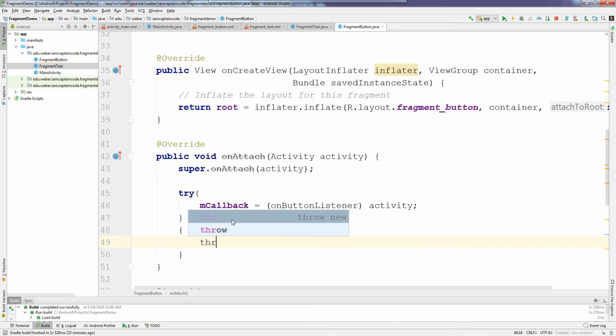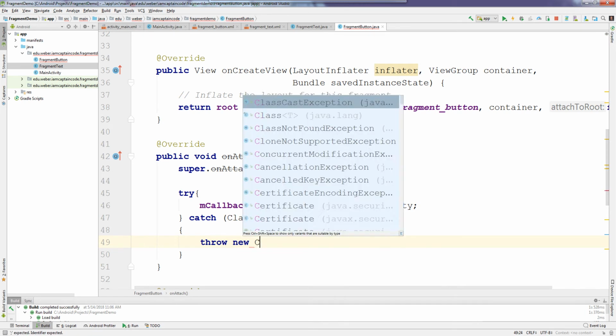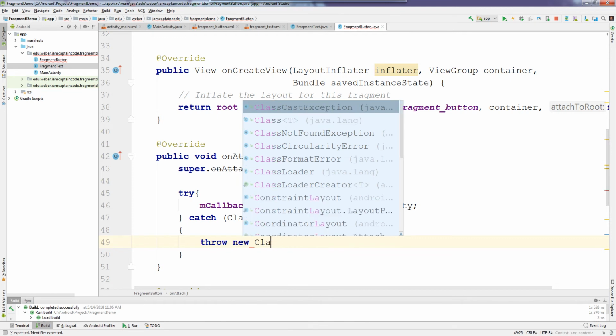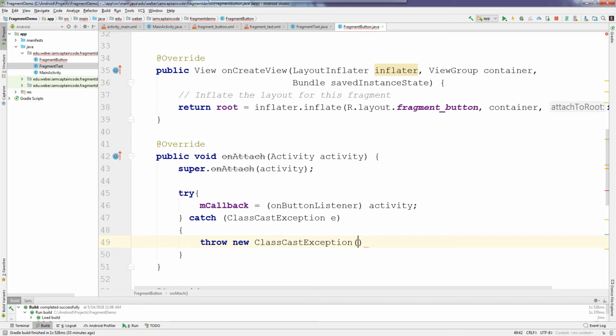And we are going to then just throw a new ClassCastException, activity.toString(). The only reason we're recreating a new version of the same thing is so we can append this message to give the developer some useful information. So we're going to say whatever activity they just tried